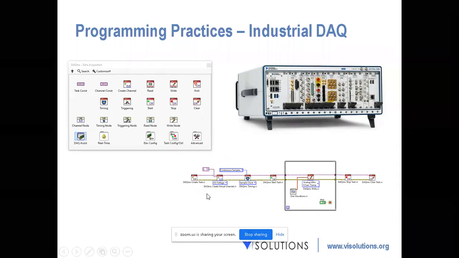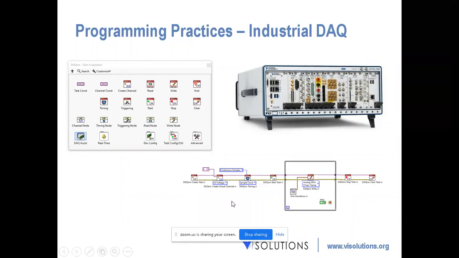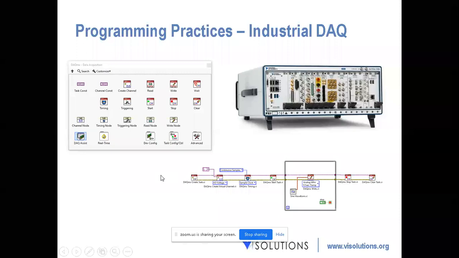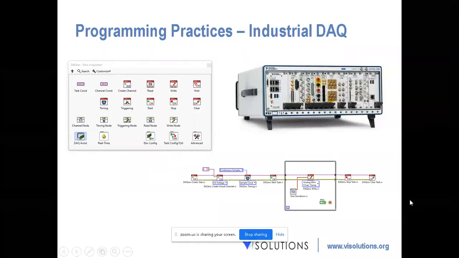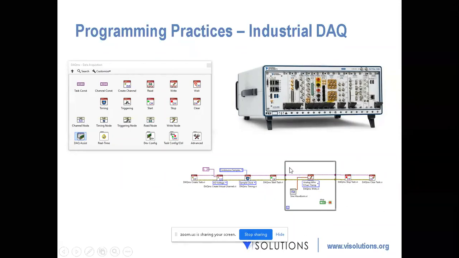Like here, since it's graphical in nature, we can see how this task is going to be presented. It's going to have some APIs which form a straight sequential pattern. And whatever is going to be done continuously is put inside something called a loop. So everything is visualizable when it comes to a LabVIEW program.